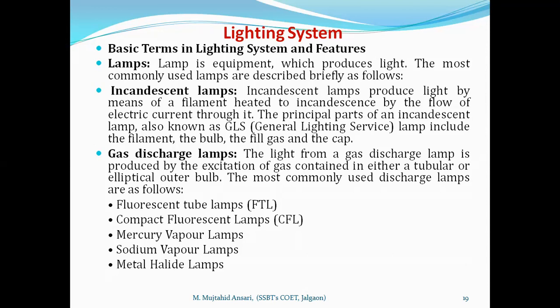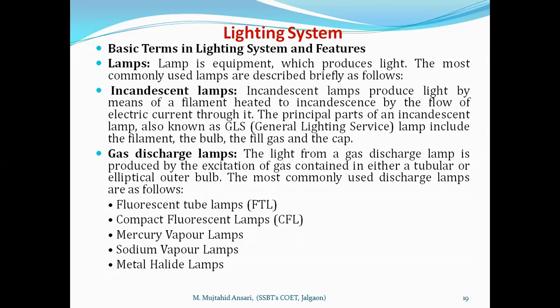In an incandescent lamp, there is one tungsten filament. When the current flows through the tungsten element, it becomes red hot, and when it becomes red hot, it emits light as well as heat energy, and hence the efficiency, or rather the word we will use is efficacy, the efficacy of the filament lamp is very small. The reason is that of the power input, 50% of the power is going to waste in the form of heat, and when it becomes red hot, then it will emit the light energy.